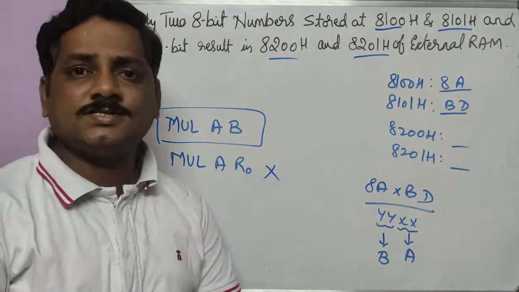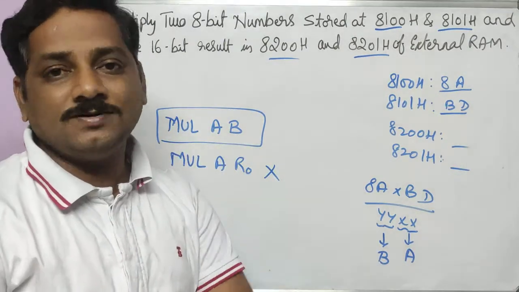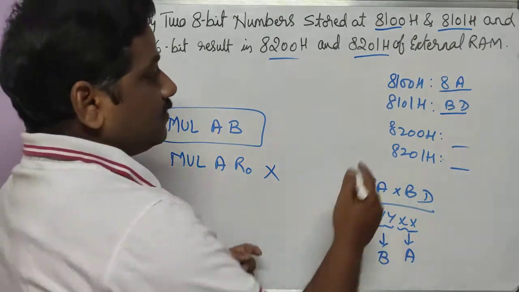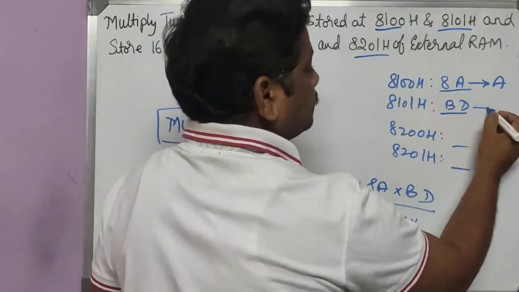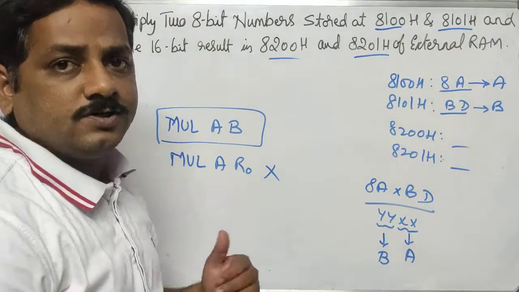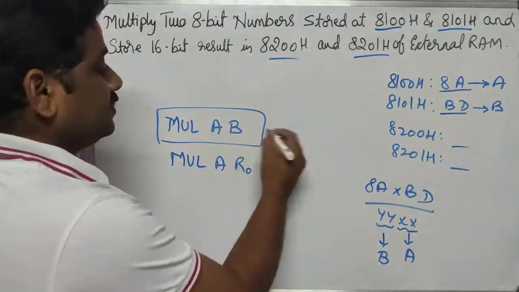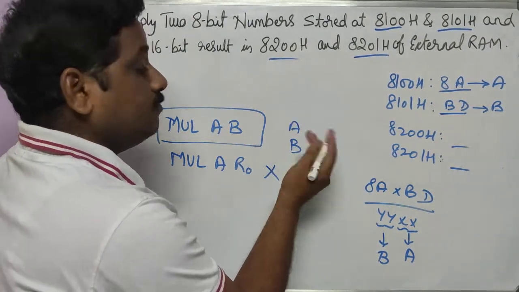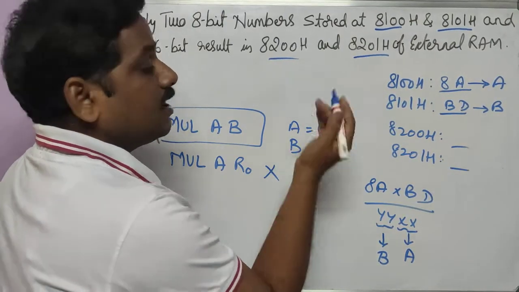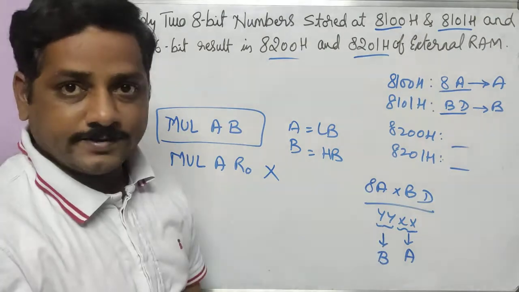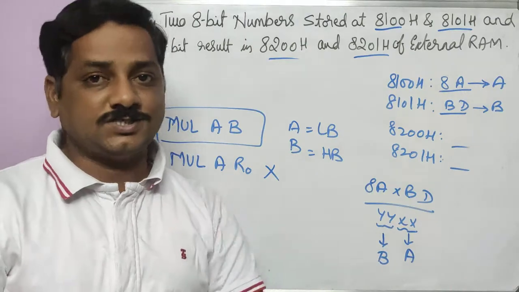By this you can understand that one data should be in A and the second data must be in B only. So what we need to do here is first take this into the accumulator and move the other into B, and then multiply. Once after multiplying, the result will be stored in both registers A and B. In A we get the lower byte result and in B we get the higher byte result, as I told you. I hope this explains the syntax and concept of the multiplication instruction.